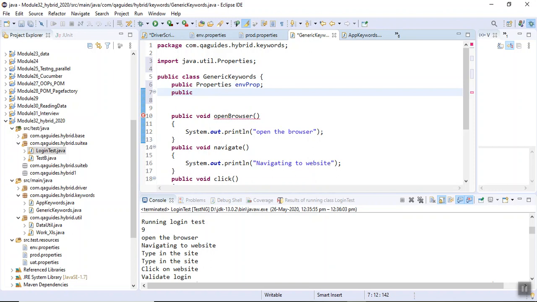Public properties. Okay, so I have declared the property objects because we don't have access to data. We don't have access to anything. Fine.